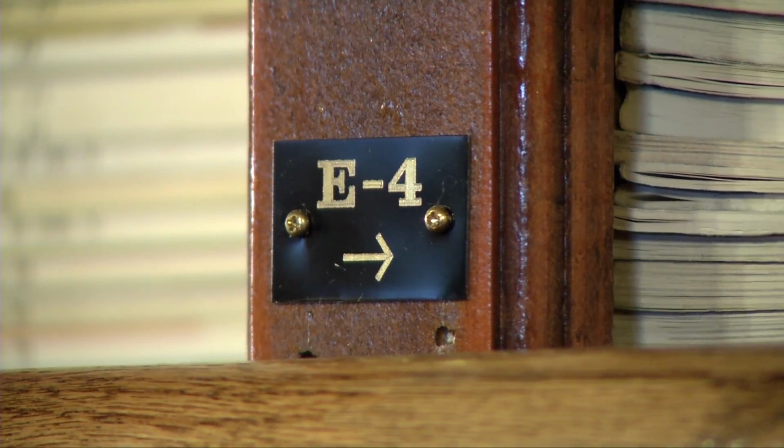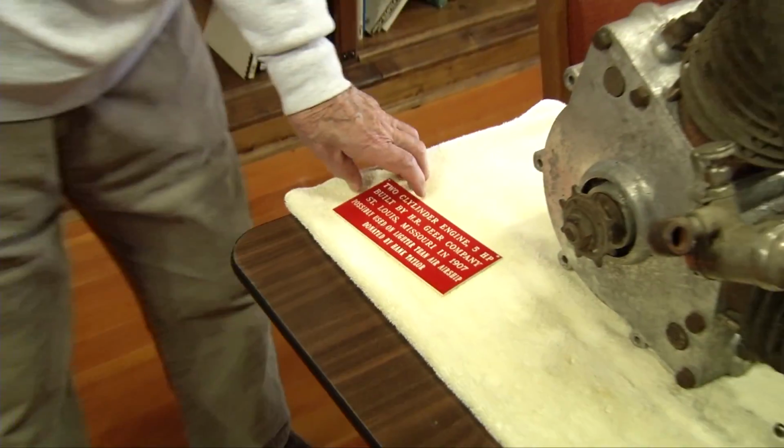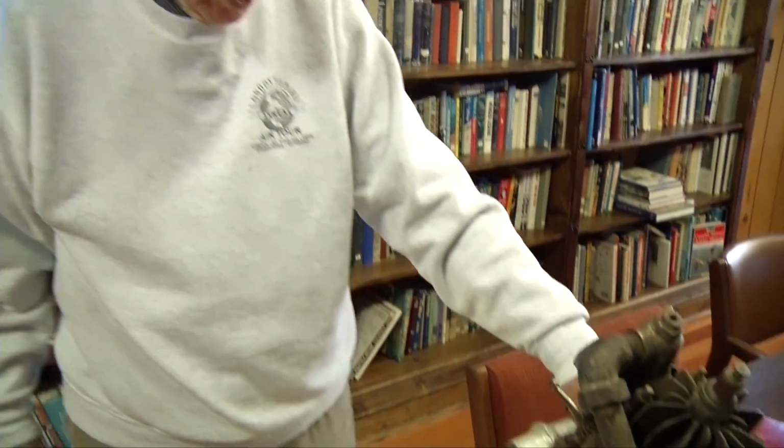On top here are mainly the highly researched things like Jane's All the World's Aircraft yearbooks that were put out for many years in the United States. And these books are all in categories by little metal plates that indicate where on the computer they can be found. This is a two-cylinder engine that Glenn Curtiss